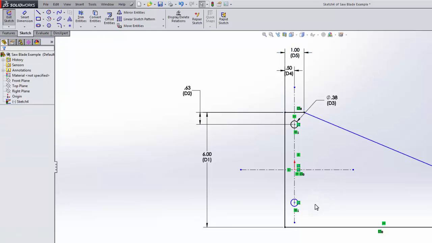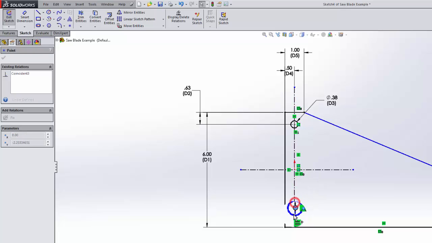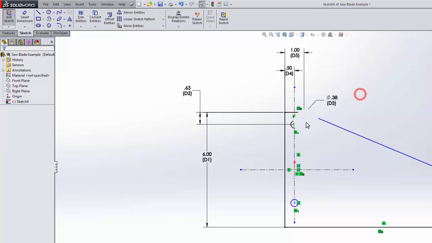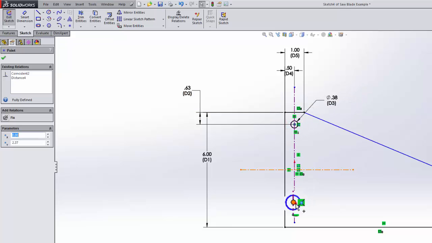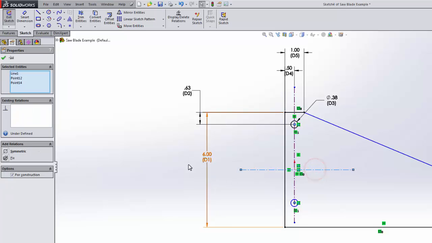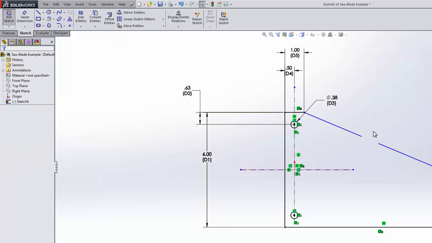All right. Now, this circle, we still don't know where it is. That's because we should have made it symmetric with the other circle to the center line as well. So we'll do that. For that, I will want to choose the center of the circle. Sometimes it doesn't matter which one you pick, but in this case I was going to choose the centers. And now that one has turned black. So we're all set in this section,